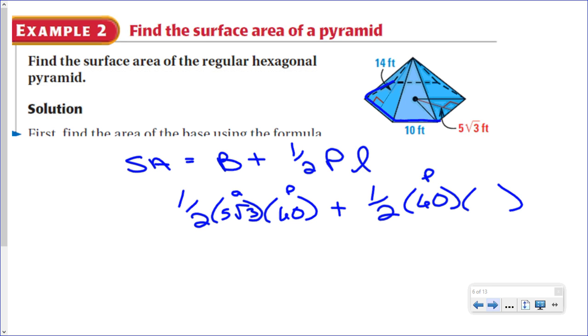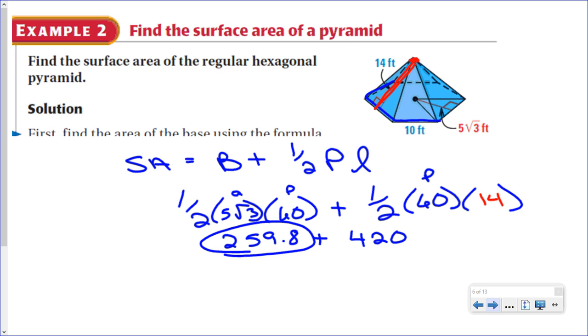And now we need the slant height. So we need the distance from the top of the object directly to the side on that triangle, called the slant height. It's really nice on this one. They give you 14. First part, let's run it through your calculator. All right, so this portion is the base, the bottom. This is your lateral area, or all of the triangles going up. Together, you'd get